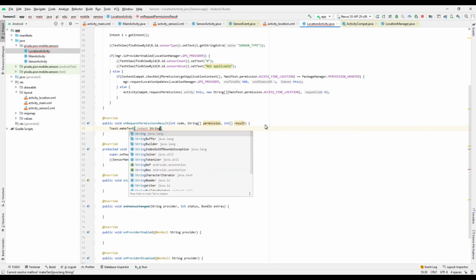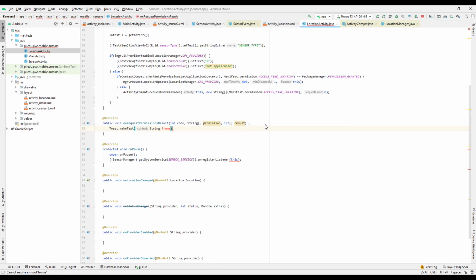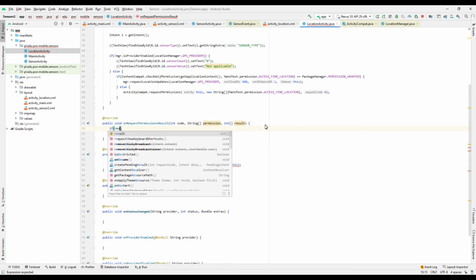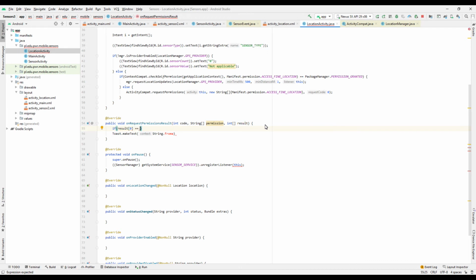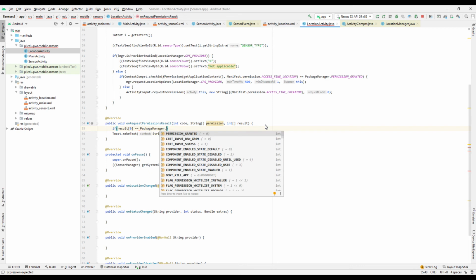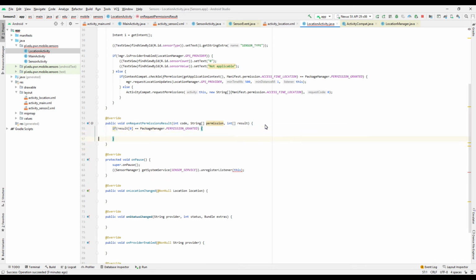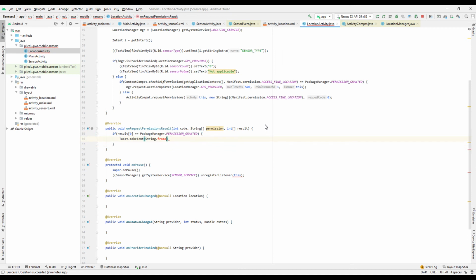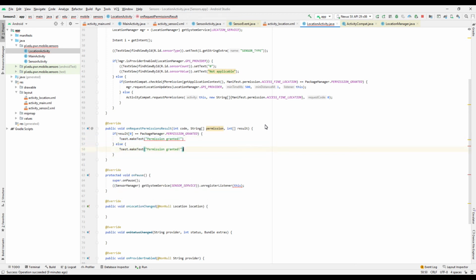That says, if results[0] equals PackageManager.PERMISSION_GRANTED, then I'm going to make a toast: permission granted,